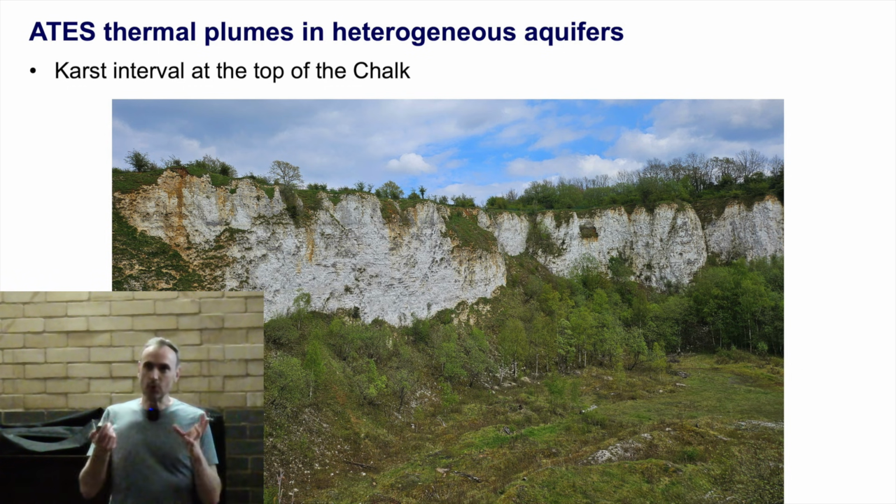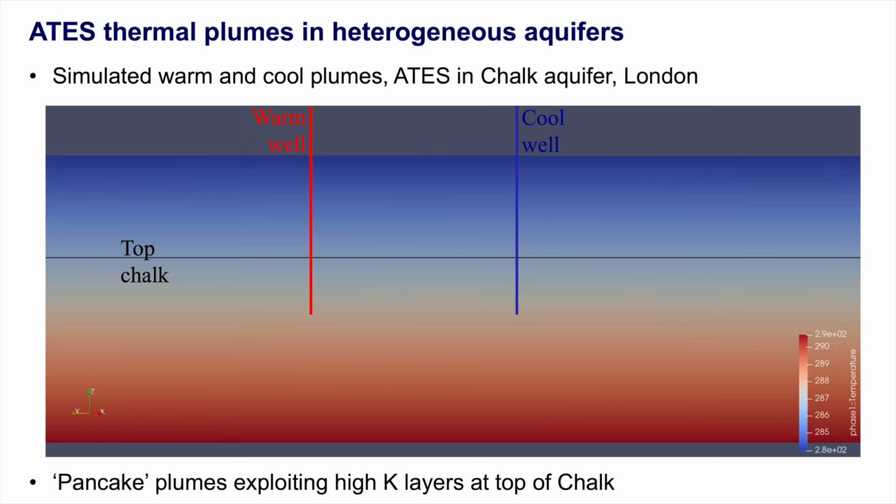When we come to look at storage and how an ATES system will operate in London, this is really important because it affects a lot where the plumes are going to go. So in a nice Dutch system, the plumes form cylinders around the wells. But because we have all of this massive flow unit, this karst at the top of the chalk, this might